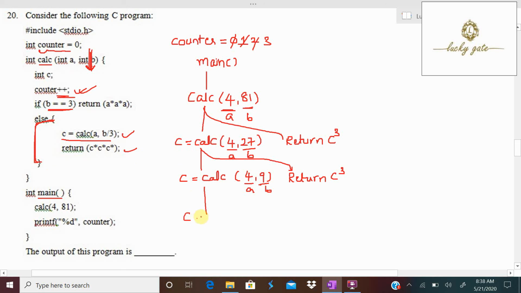In the else part we have c equal to calc of a, that is 4, and b by 3, 9 by 3, 3. On return it executes the return statement, return c star c star c, that is c cube.